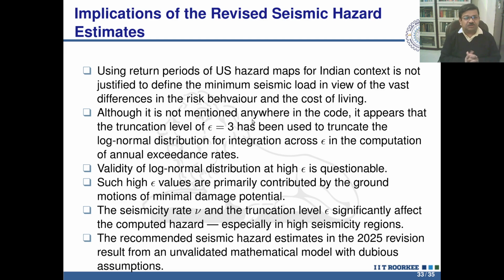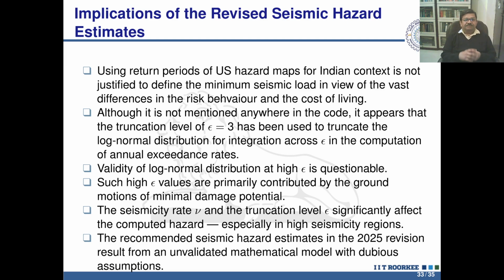So to conclude, the implications of these revised seismic hazard estimates, using return periods of United States hazard maps for the Indian context, are not justified without any basis, without explaining why that should be relevant for the Indian context to define the minimum seismic load, in view of the vast differences in the risk behavior and the cost of living and